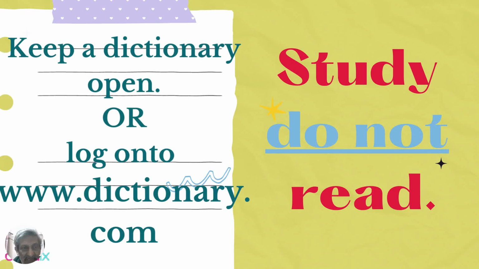Now, you need one aid, and that is called a dictionary. If you don't have a dictionary, then you log on to www.dictionary.com, and here you have 3 good things on this site. 1, the word meaning. 2, synonyms and antonyms. And 3rd, you can click the mic or audio button, and you can listen to the sound. Why I'm asking you to do this is because this will help you later on in life, and it will help you to talk in English, etc.